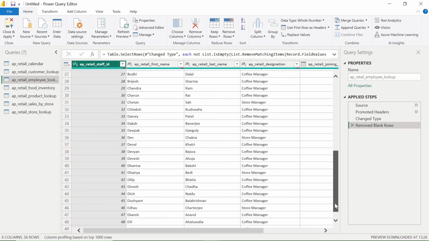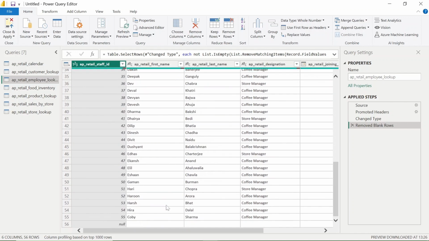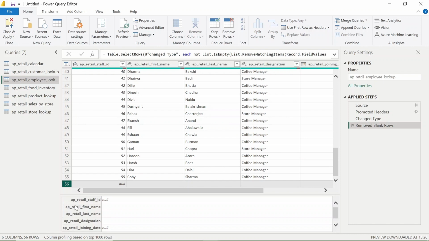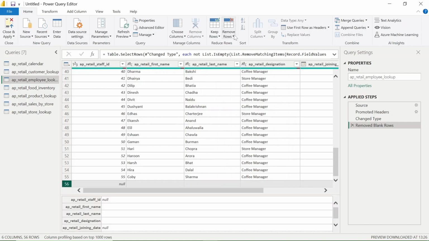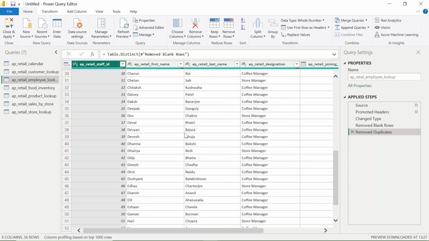It is not removed yet. Let me right click. Remove duplicates.